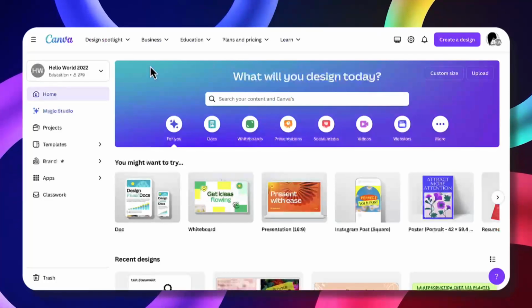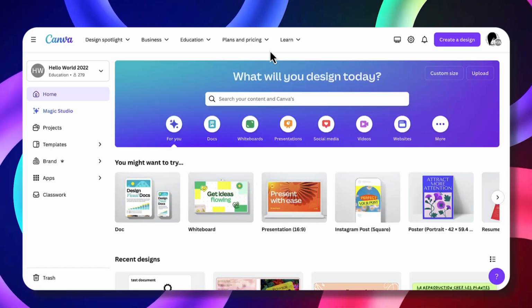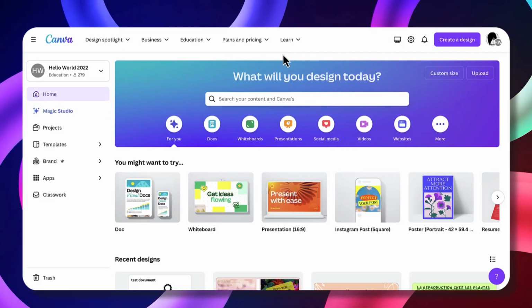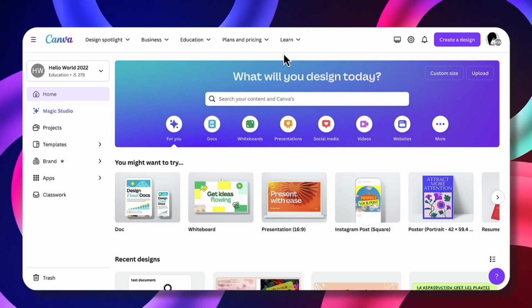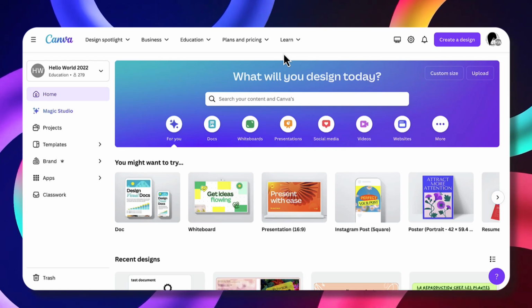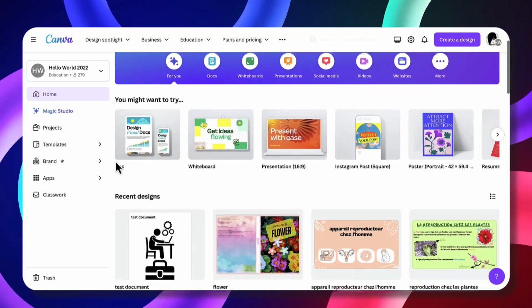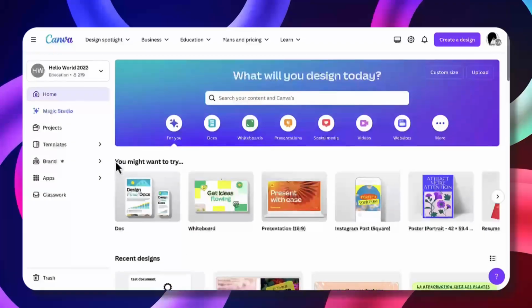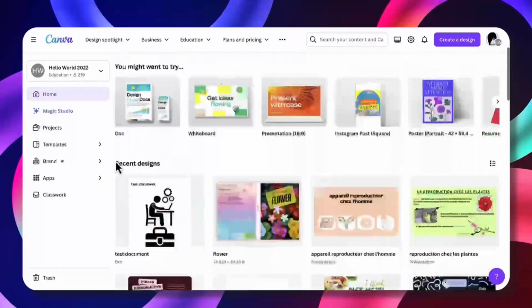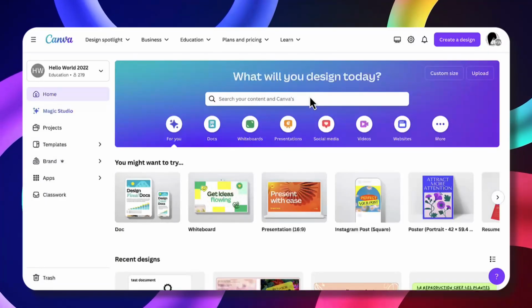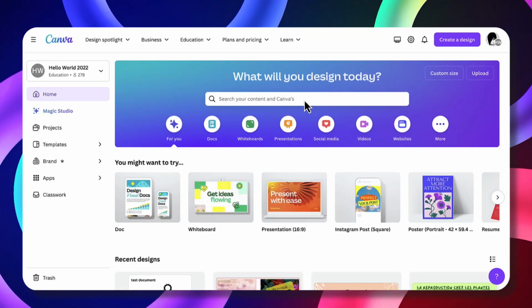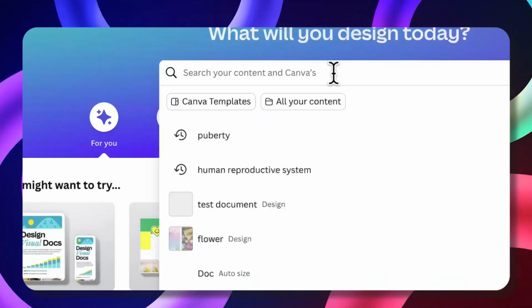Here, as you can see, I'm on my Canva homepage. You need to go to canva.com, simply sign in with your account or sign up creating an account if you don't already have one. It's pretty easy, straightforward, and free. And once you are here, you'll be redirected to the main homepage where you'll see some of your past projects and some ideas. Now, what you want to do is to go in the search here and type in portfolio